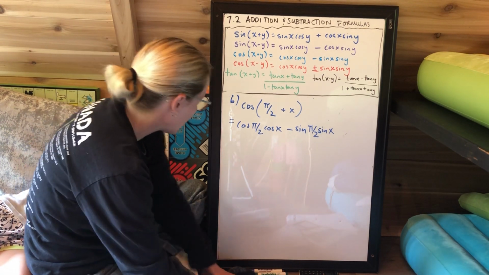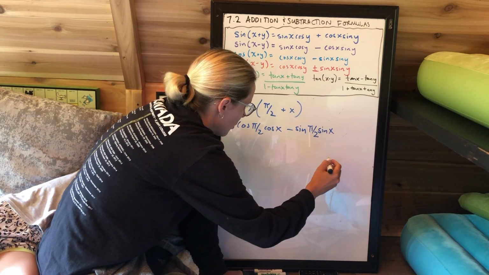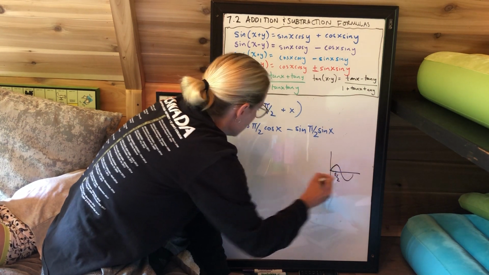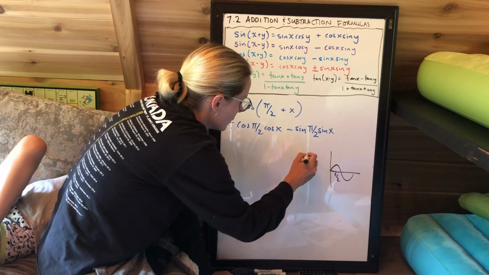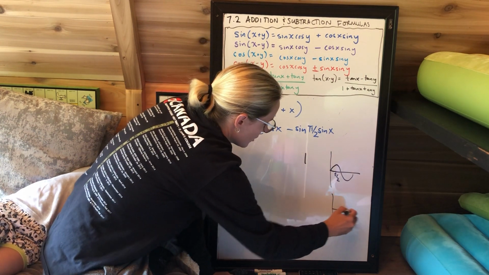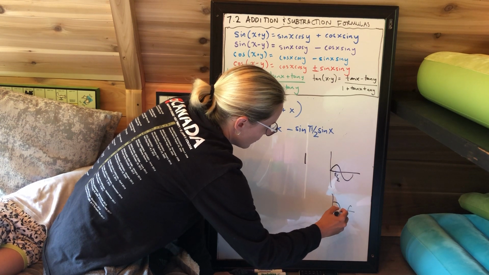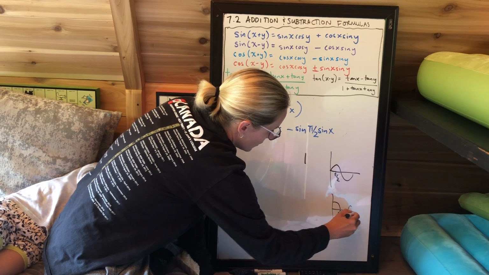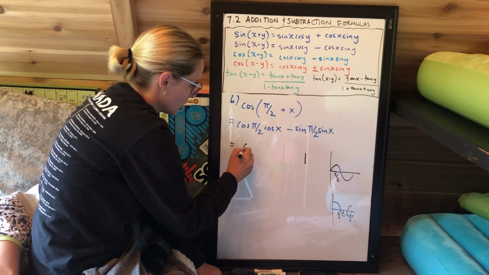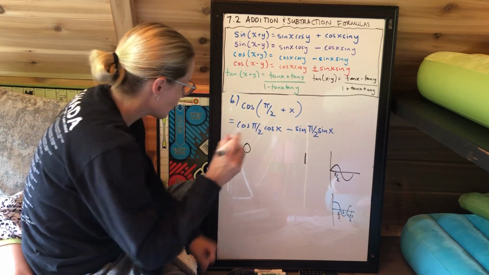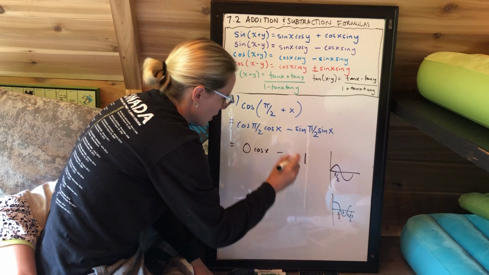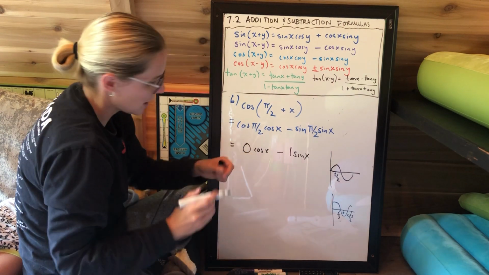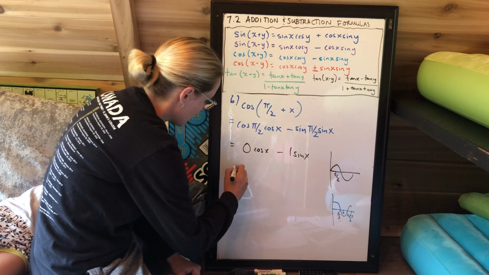So when you go back, and again, I shouldn't have erased them, sine of pi by 2 is right here. Sine of pi by 2 is going to be a 1. Cosine of pi by 2 is right here. So cosine of pi by 2 is going to be 0. So in this case you get 0 times cos of x minus 1 times sine of x. Well, 0 times anything is 0,